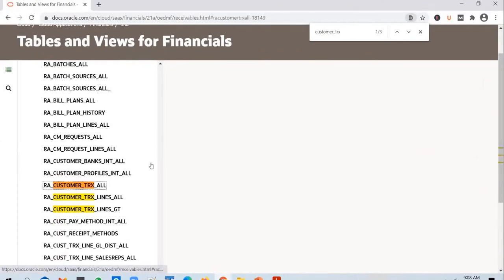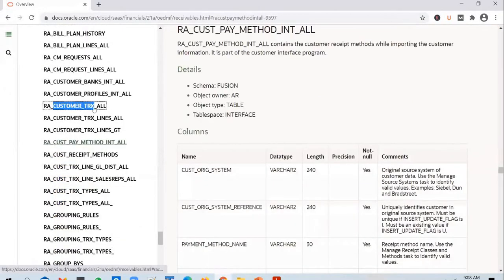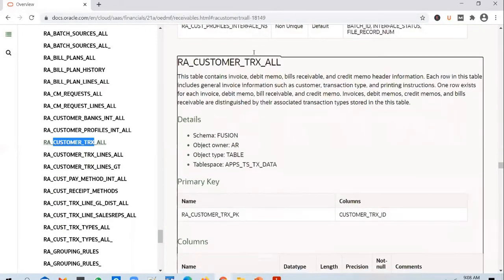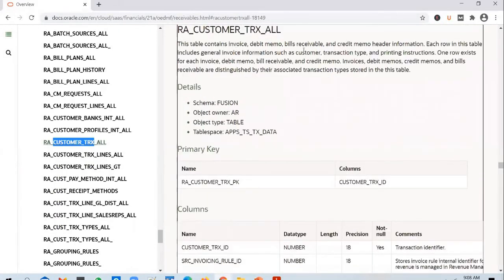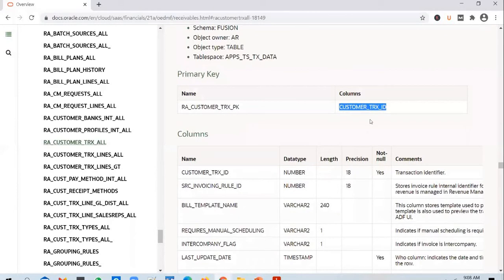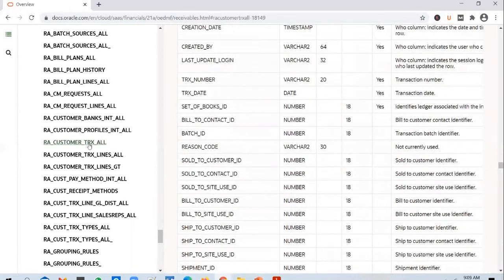To look at the table description, you click on one of them, and it'll give you a description as to what information is stored in these tables. So if you click on transaction lines, it has pulled out the table information. And what does the documentation say? This table contains the AR transaction information, right? So this is what I need then. This is a table which stores invoice information. And you can see the primary key. Primary key is customer transaction ID. Every table will have a primary key. And if you scroll down, you will be able to see all the columns that are part of this table.